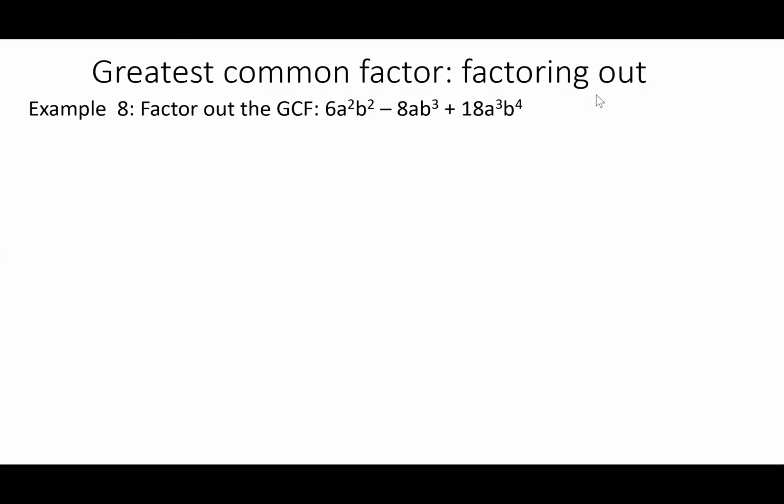So again, take your coefficients and break them down using the factor tree. Okay, so 6 is 2 times 3. 8 is 4 times 2, or 2 times 2 times 2. 18 is 9 times 2, or 3 times 3 times 2. So lining them up,